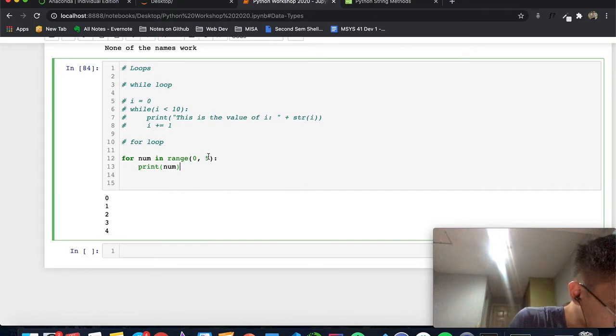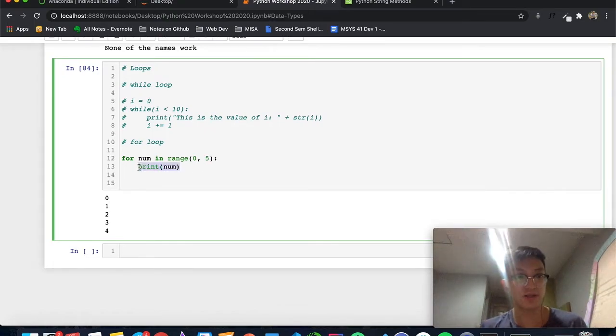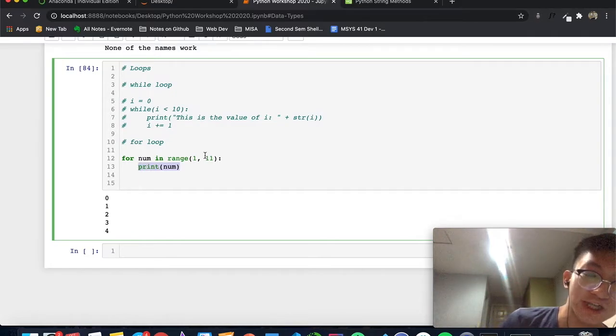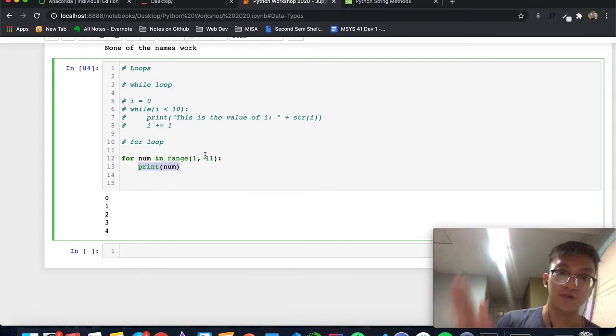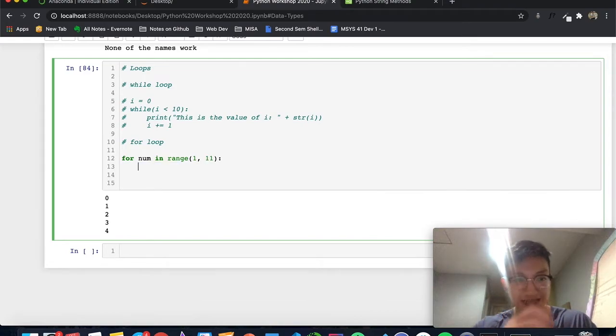Now, we want to make this more complicated. How? Let's use if statements inside for loops. For I in 0 to 11, because we want to have, let's say 1 to 10. Let's not put 0. So, range is 1 to 11. But since 11 is not inclusive of the range, this will produce 1 to 10 only. So for num in range 1, 11,